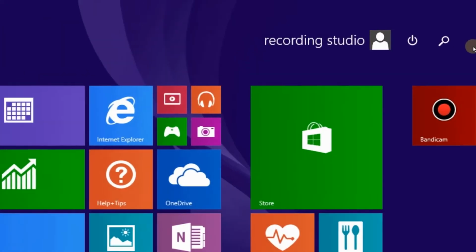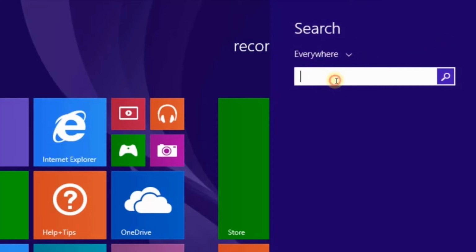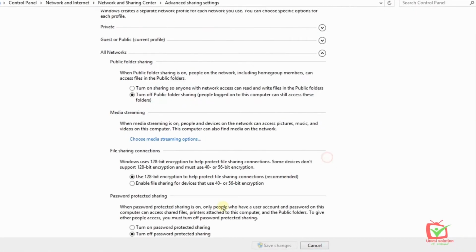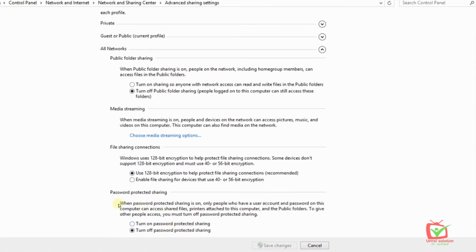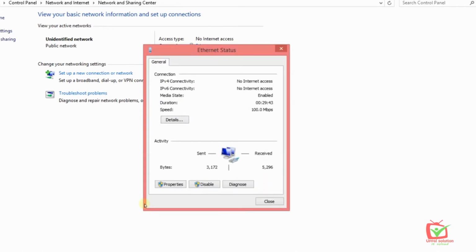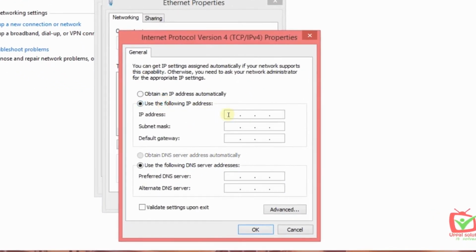Go to the Windows icon, and on the search bar, actually I'm showing you a different way to open the same settings. If you want to go to the Windows section, enter the control panel here and hit the search button. The same window will appear here, so you have to select your desired settings and then click OK. Save your settings. Here you have to enter the same settings I have told you before, but if you do not understand, I'm entering them again and will try to explain.